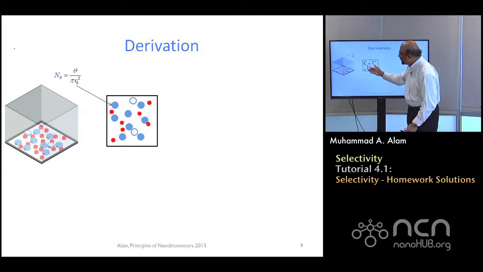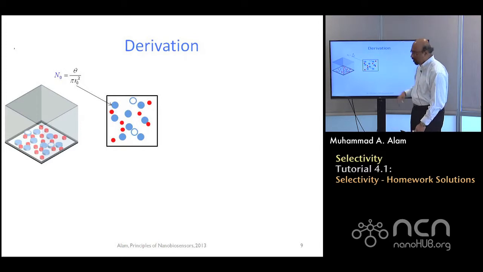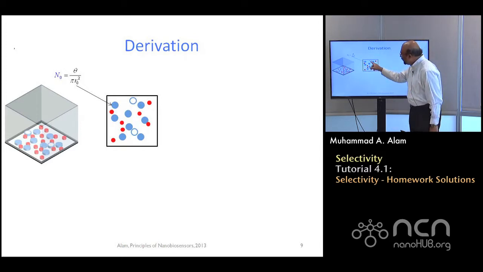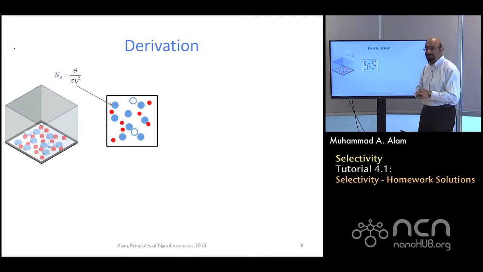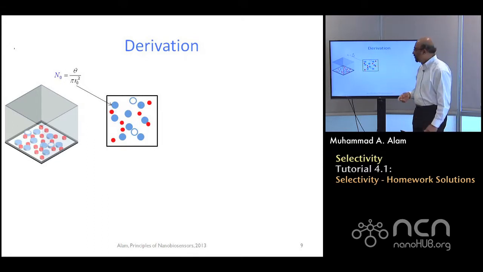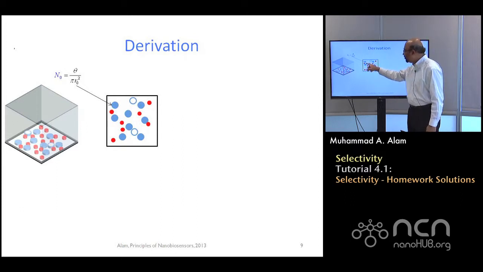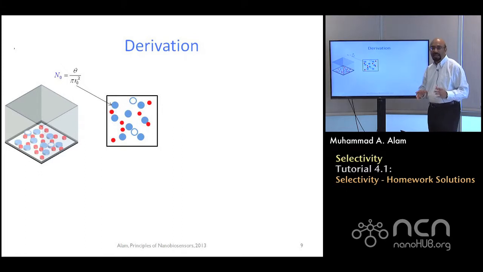This is a sensor surface. We are looking from the top. And what you see here in this blue is initially these were all sort of the receptors. The empty blue circles were receptors sitting there on their own. How many receptors? You can count 1, 2, 3, 4, 5, 6, 7, 8, 9, 10. So there were 10 receptors within this sensor surface waiting for the target biomolecules to come.